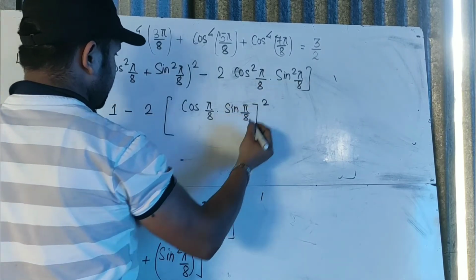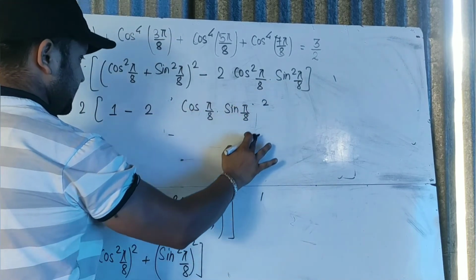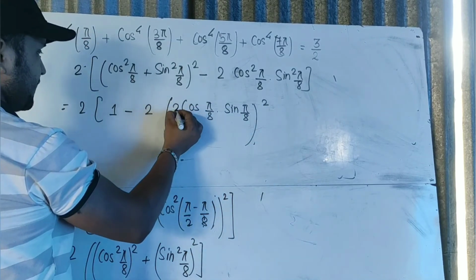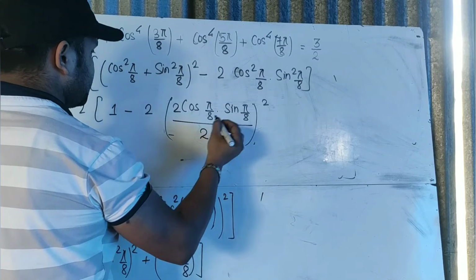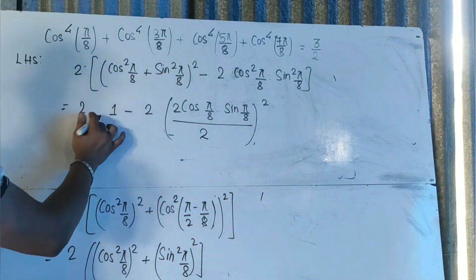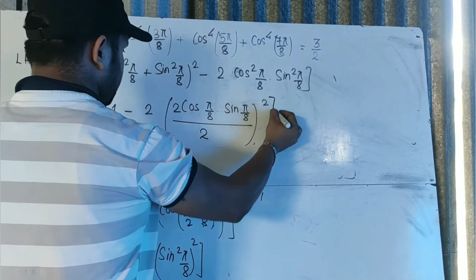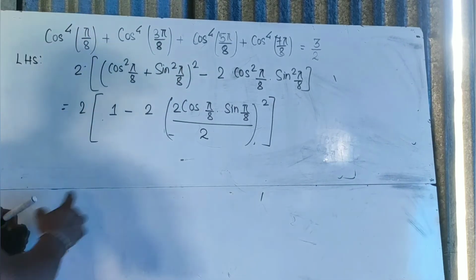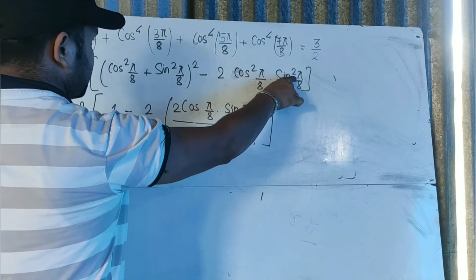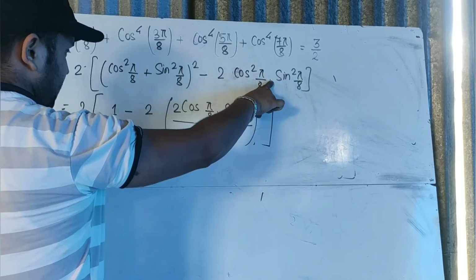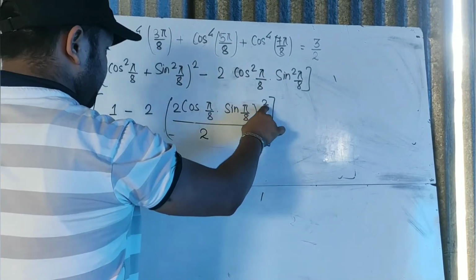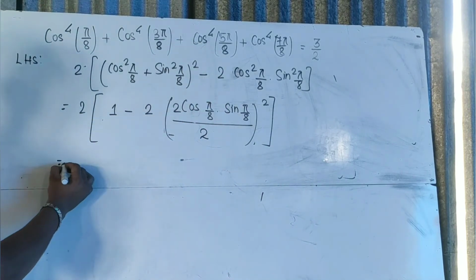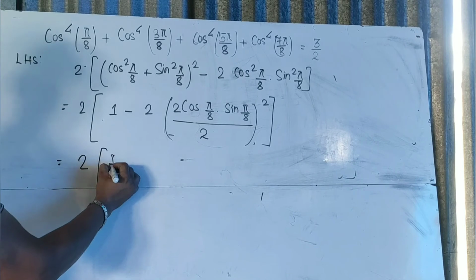Now you can give square here. You can also start writing this in a small bracket, with the square outside. Now you can put here 2, and you can also put in the denominator 2. We have learned why we did it in the previous classes; if you have seen the previous part, then you know the reason. First we wrote cos pi by 8, sin pi by 8. Here you have a square for 2 terms in the middle, so you can write a square here, and we added 2 and 2 in the numerator and denominator. But the purpose of doing this is to convert this into a formula.